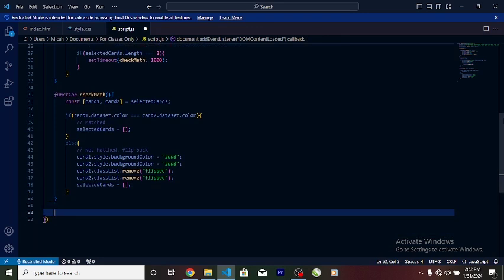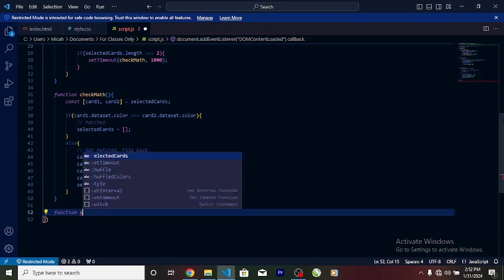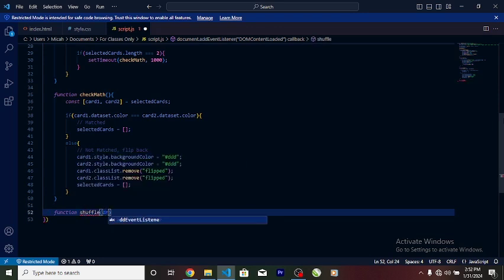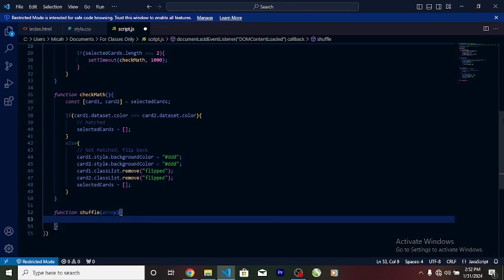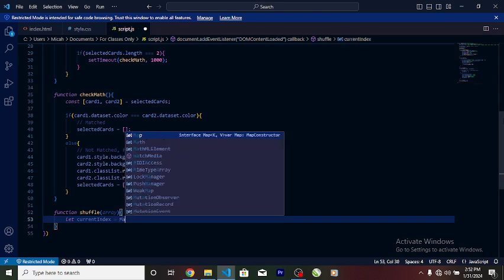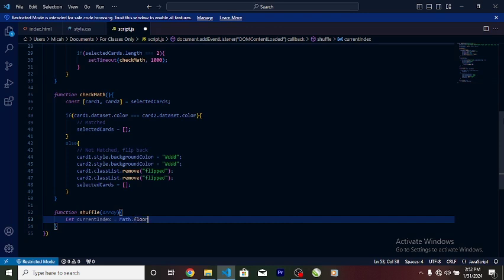and that function is going to be called shuffleArray, let currentIndex equal to array.length, and then randomIndex,